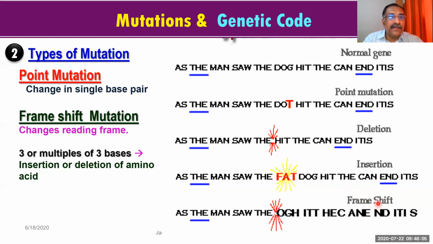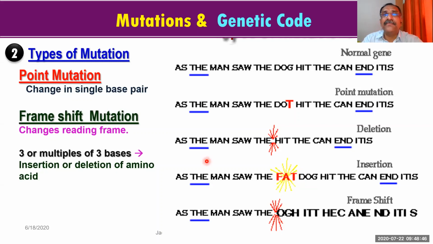So remember, wherever insertion and deletion occurs, you can see that the character will change, the sequence will change. When the sequence changes, when the character changes, you can see that the amino acid also will change. But instead of one letter removed or one letter added over there, if 3 or its multiples are added, that will result in addition of an amino acid, because 3 letters always represent one amino acid.